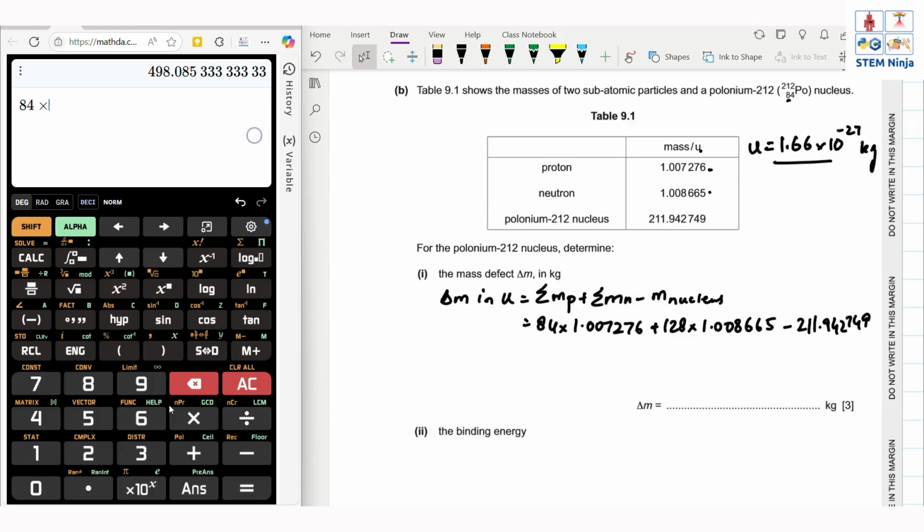So 84 times 1.007276 plus 128 times 1.008665 minus 211.942749. So we get 1.77